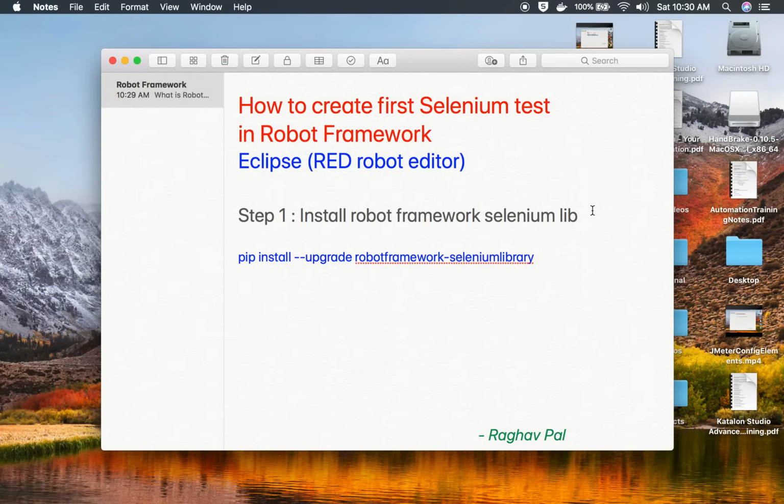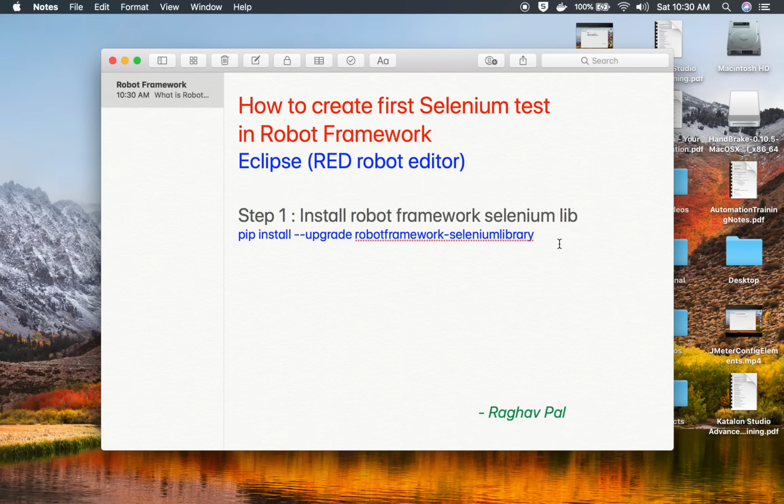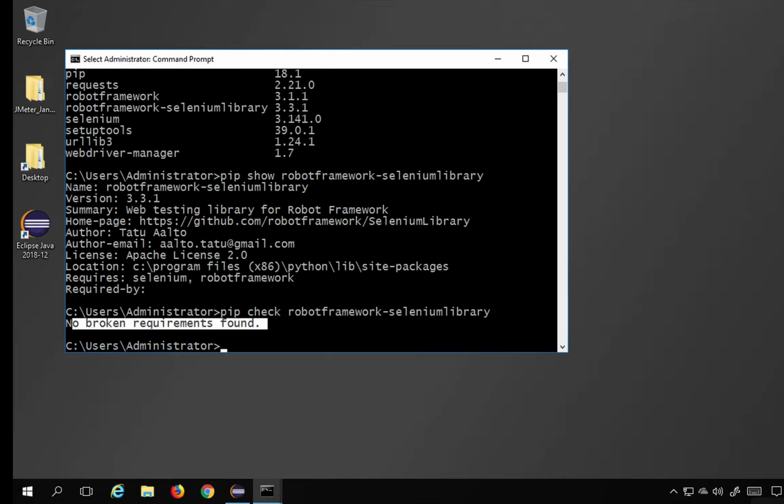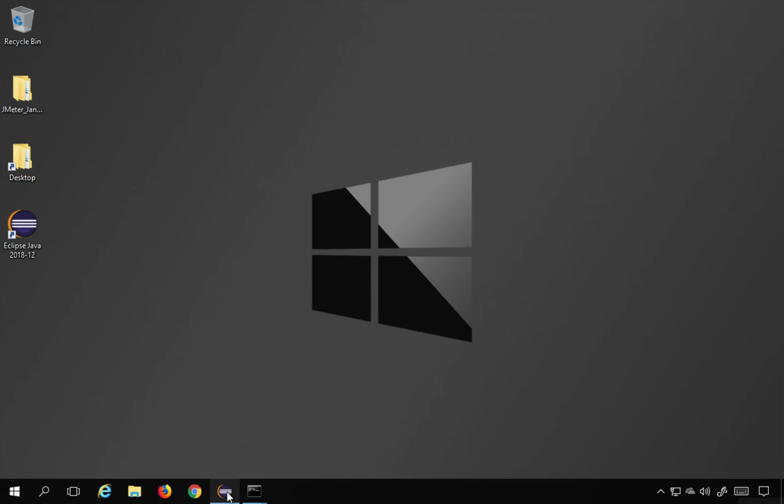So step number 2 will be, I will write the step 2 here. It is we have to create a robot project on Eclipse. So this is on Eclipse. Go to Eclipse, create a robot project, and then we will create a test suite, and then we will start creating our test case. In the last session, we have already started our project and also created a test